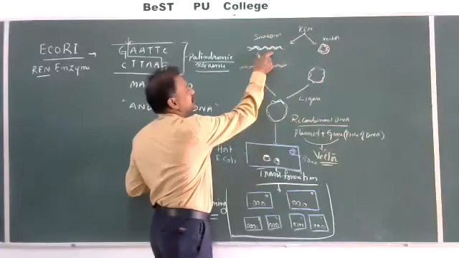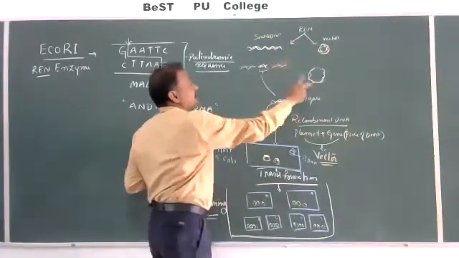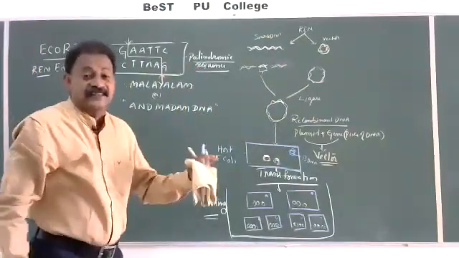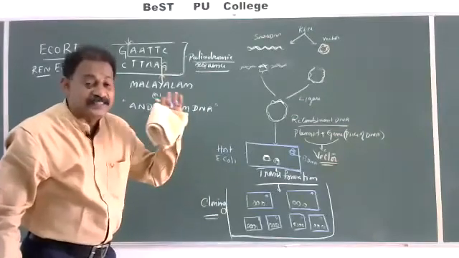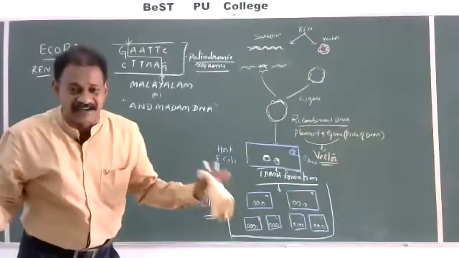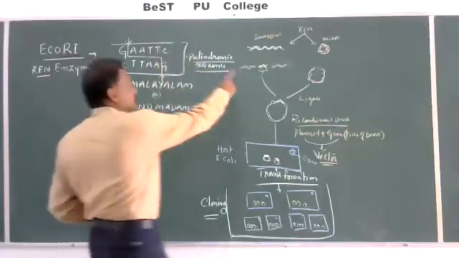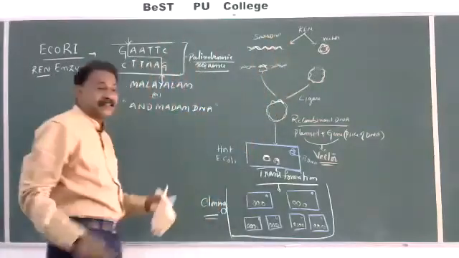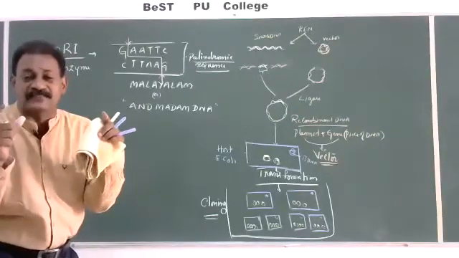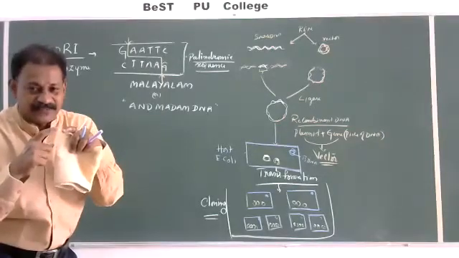Before that, isolation of the DNA, cutting of the DNA, same restriction endonuclease, page number 198, first sentence: unless you use the same restriction endonuclease, there is no chance of recombinant DNA technology. When you use the same restriction endonuclease on both the source DNA and the plasmid or vector, it is possible: same sticky ends, cohesive ends will form, and easily we can join the foreign gene or piece of DNA